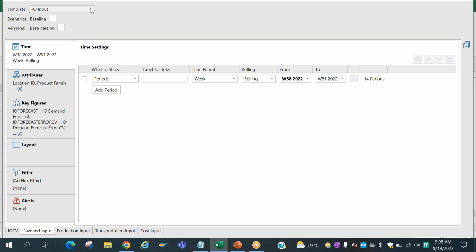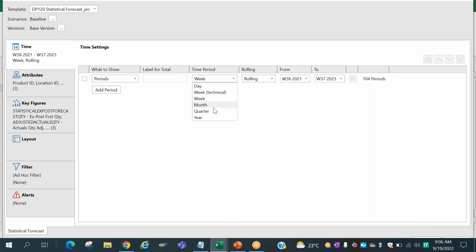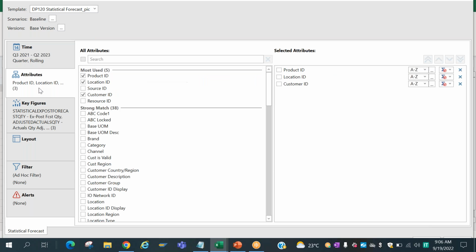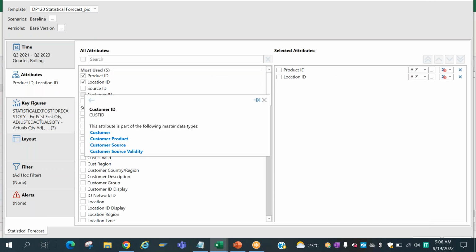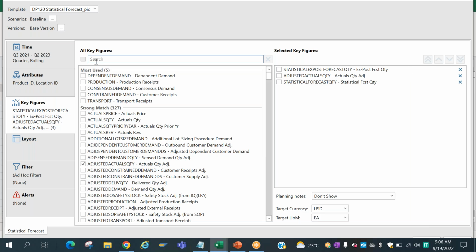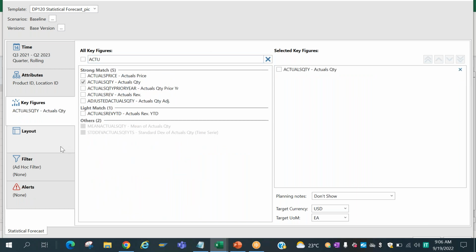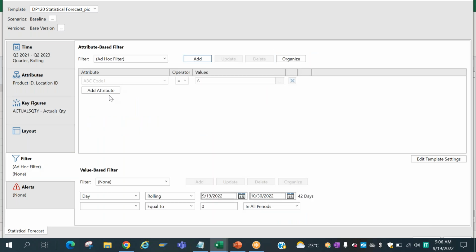For example, if I use one of the existing templates, and say on a quarterly basis I want to see the data, Q3 2021, for the product location, the actual quantity quarter-wise, and I give some filters here.